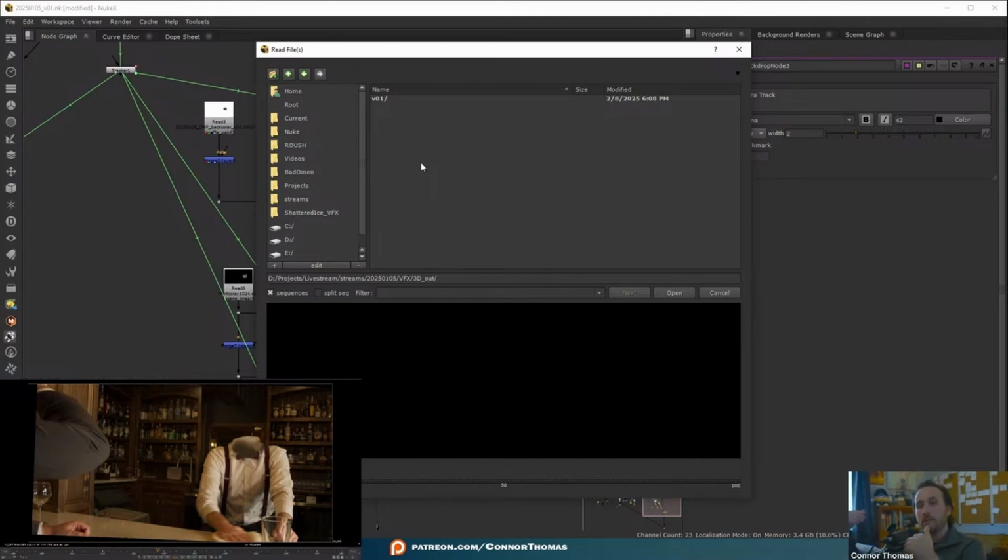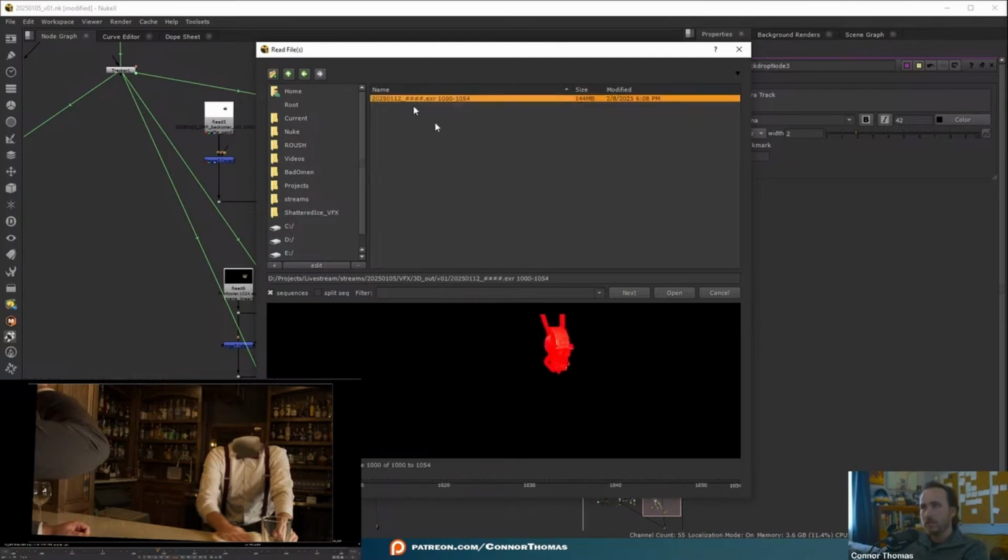And that way, if you have multiple CG elements that you are rendering out as different layers, you could have robot head, you could have robot arms, you could have background, you could have whatever you want. That keeps everything super organized there. So I'm going to put version 1 in there, and then we'll select our robot